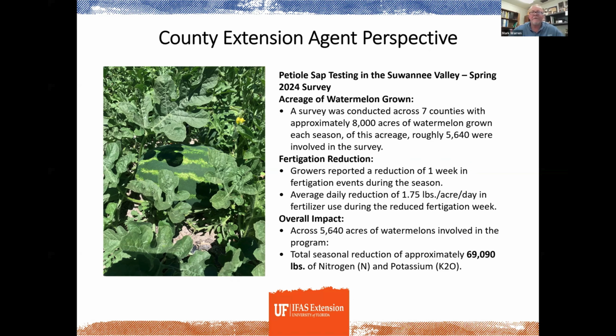From our perspective, this past year in the spring of 2024, we ran a survey with our producers. This Suwannee Valley that we're talking about comprises about 7 counties that are producing watermelons, a total of about 8,000 acres in that area. We sent this survey out. We got 5,600 acres represented in response. So about 70% of the acres for this region were represented in the survey, which we felt was a